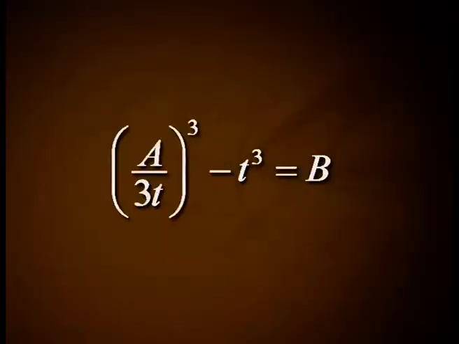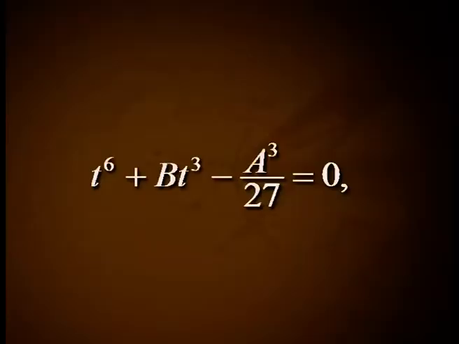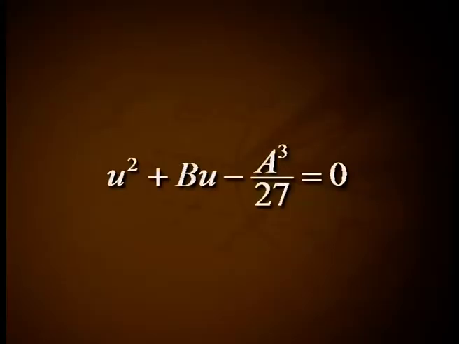From equation 3, we have s equal to a by 3t, and substituting this into equation 4, we obtain (a by 3t) whole cube minus t cube equal to b. Simplifying this turns into the triquadratic equation t raised to 6 plus b t cube minus a cube by 27 equal to 0, which using the substitution u equal to t cube becomes the quadratic equation u square plus b into u minus a cube by 27 equal to 0. From this we can find a value for u by the quadratic formula, then obtain t, afterwards s. Hence, the root s minus t can be obtained.